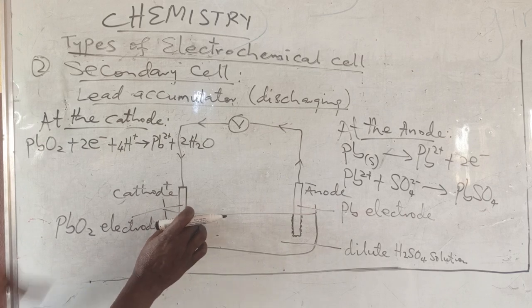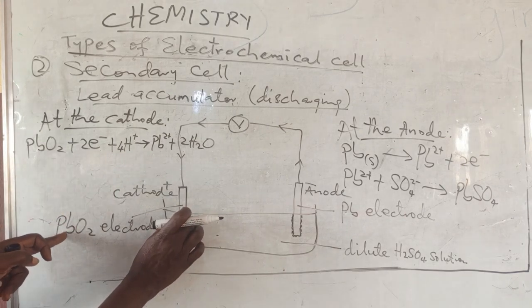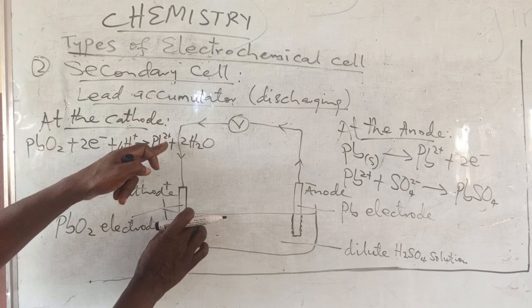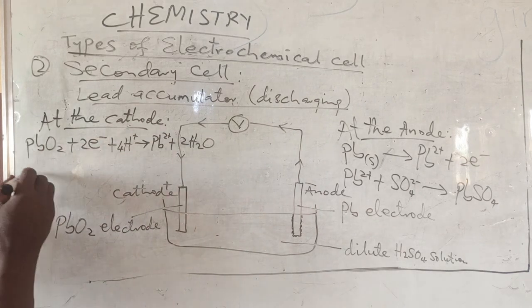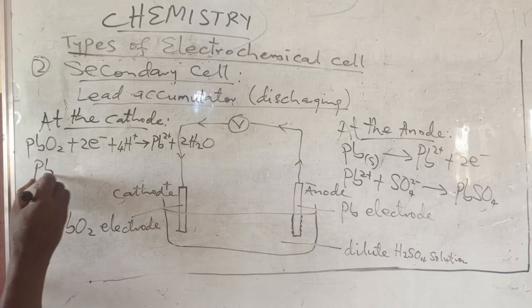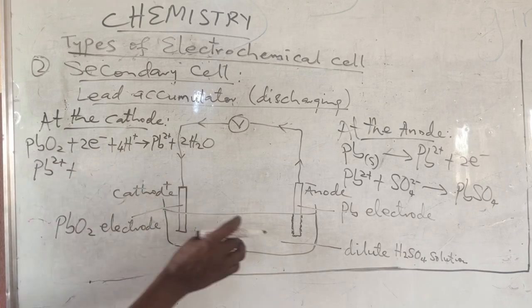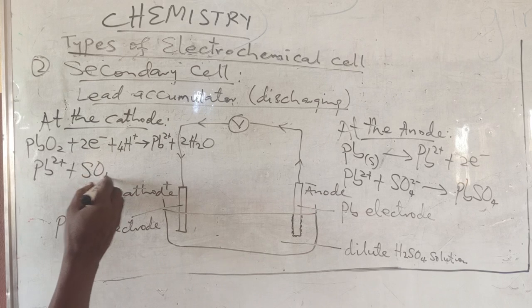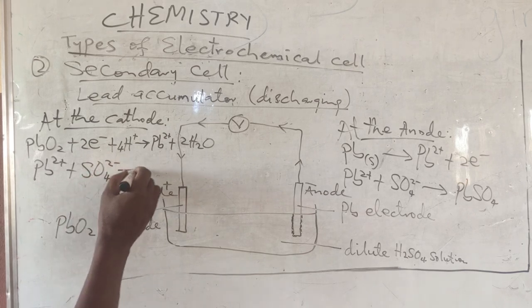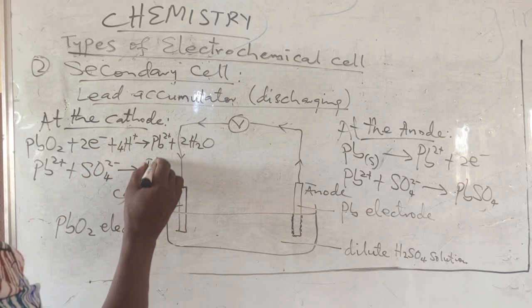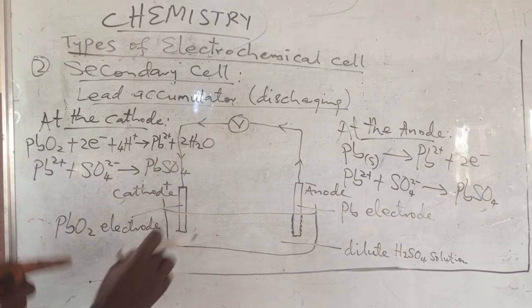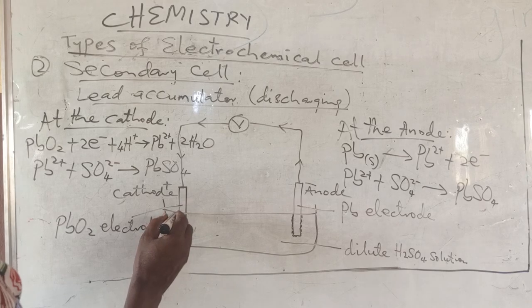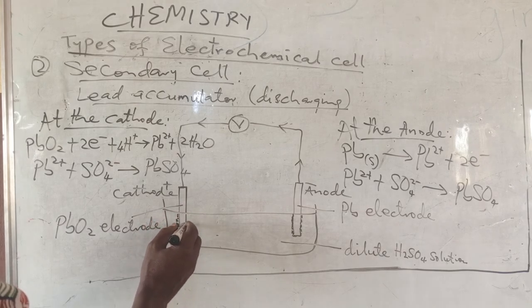On the surface here, it has changed from PbO2 to Pb2+, and SO4 2- is still here. So this Pb2+ will look into the solution and collect SO4 2- to react and become PbSO4. Now you can see that both here and here you have PbSO4 covering the surface of the 2 electrodes,